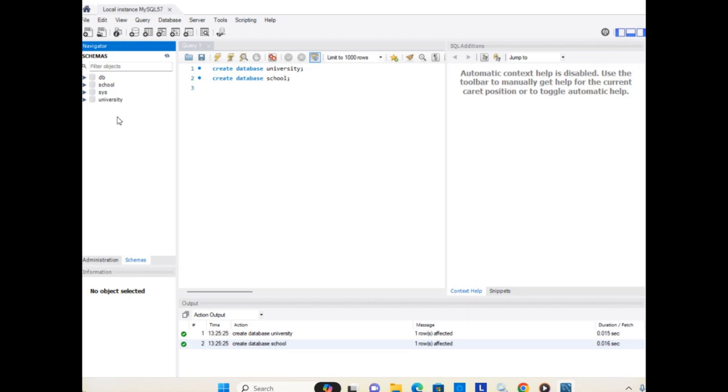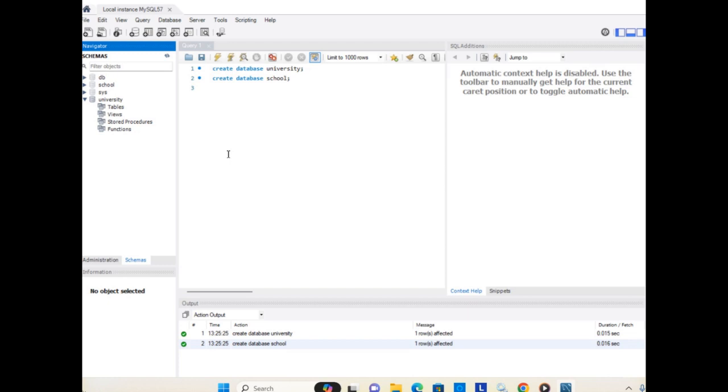It may be a table, view, stored procedure or function. As it is a graphical user interface, you can see what tables, views, stored procedures and functions you are creating in this schema panel. So we have created the two databases.